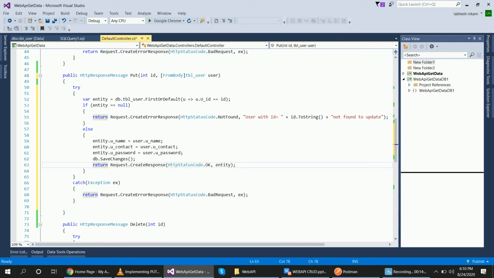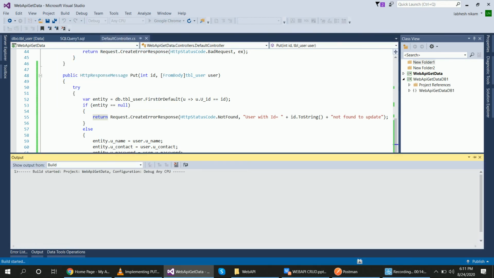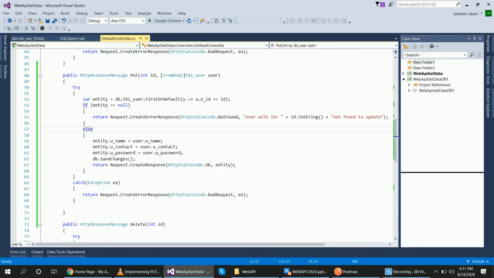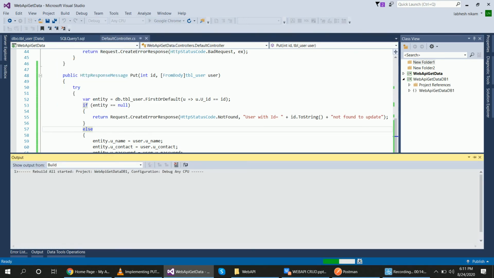Okay, so let's now save it, build it and run it. After a successful build, I want 2 succeeded, not 1. This is 1 succeeded, so again rebuild. Okay, Rebuild All started.